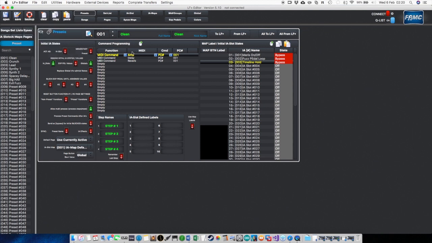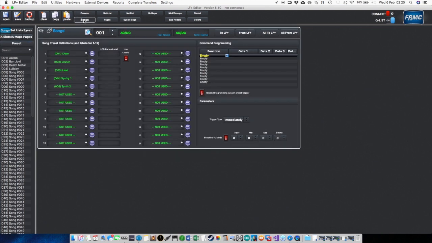So that is basically everything you should know to get you started. You can recall all the devices, as I say. You can toggle things on and off. Another couple of brief mentions I'll give you is you can have song programming. So you can have it so that when you go up to a song, when you select said song,